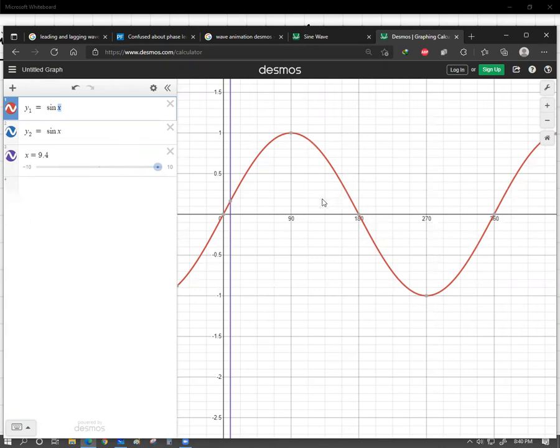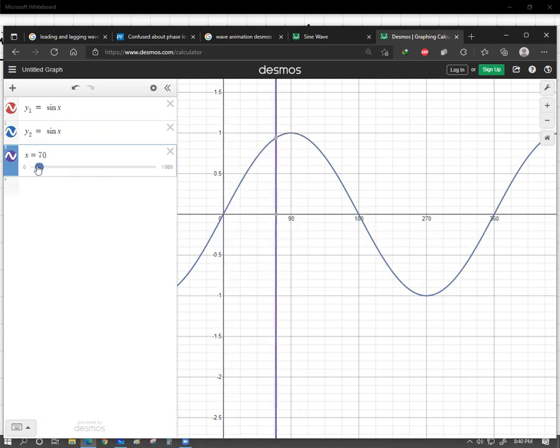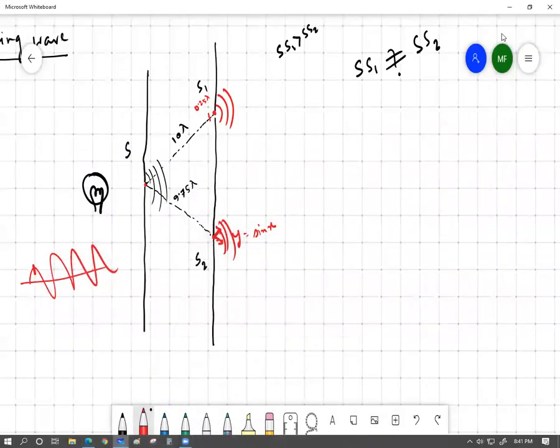I was trying to make this wave gradually. Wait. Okay. So at t equals to 0,